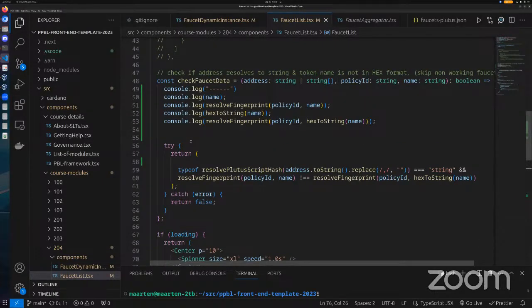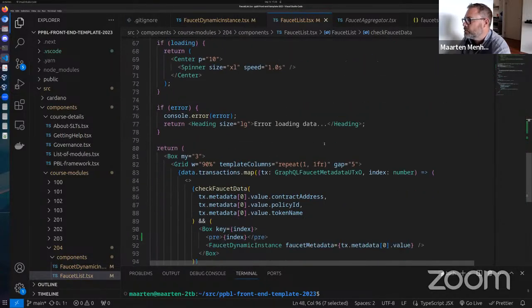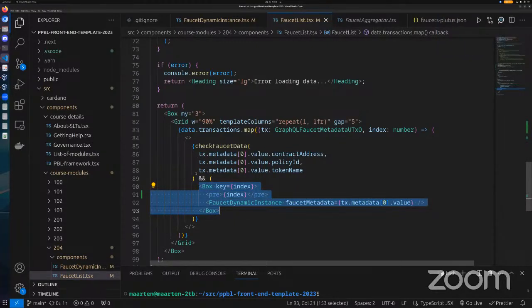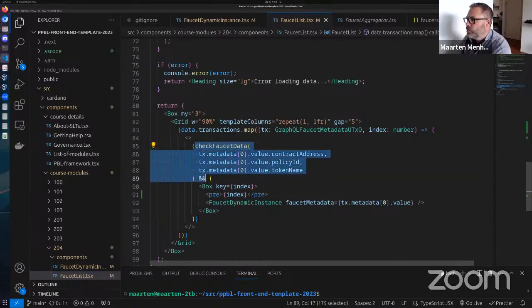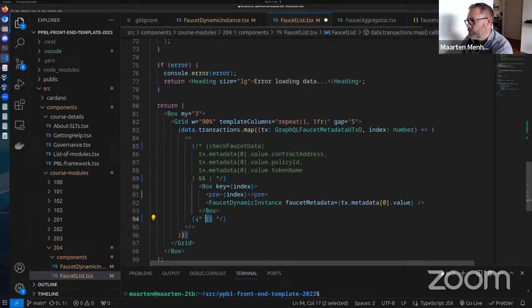Let's do a version that cleans up the mess. How is that going to work? Right now this returns a Boolean, true or false. So it will skip. It will not make this if true. Show us what happens if you just delete all of that. Let's just skip the check and return the box. You can comment out lines 85 to 89 and then line 94, it looks like. Do this as well.